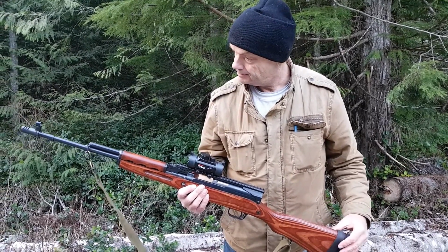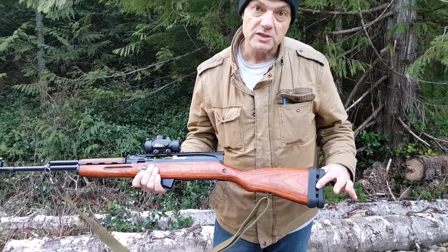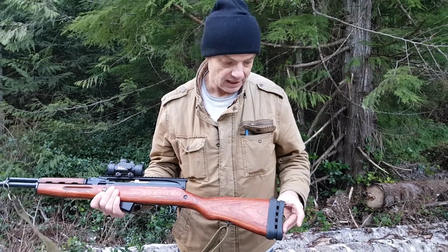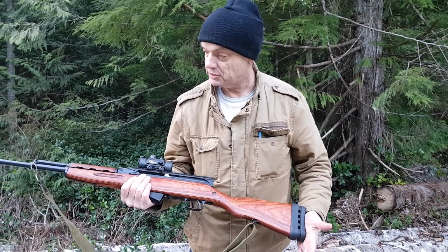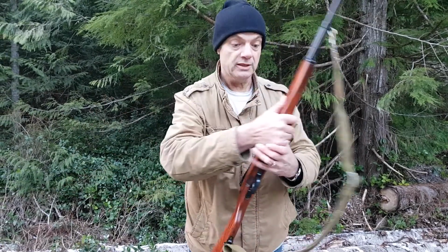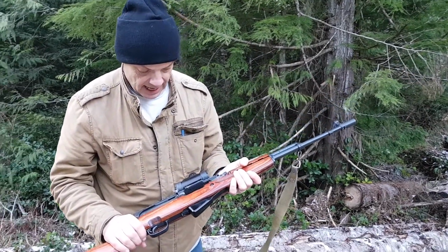You know, let's see, the butt pad, again, that wasn't very expensive. That's an Amazon thing. I think it's UTG. Again, I'll add a link for that. But as you guys know, it's not really for recoil. There's virtually no recoil with these things. But for me, it's length of pull. It's just being able to have it feel right. So I did that, and